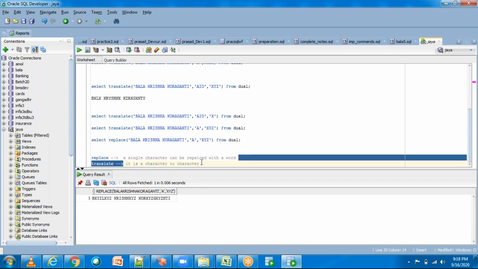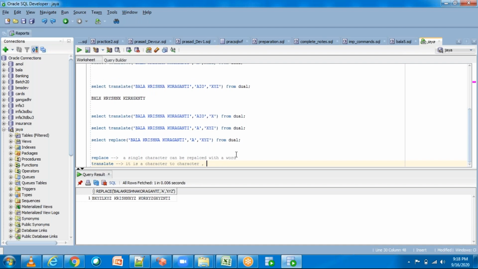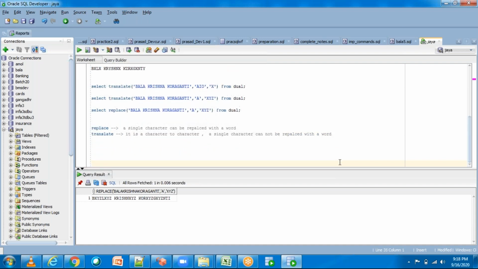You are able to follow, right? A single character cannot be replaced with a word. In translate, it is character to character. So that's all about replace and translate. Now,